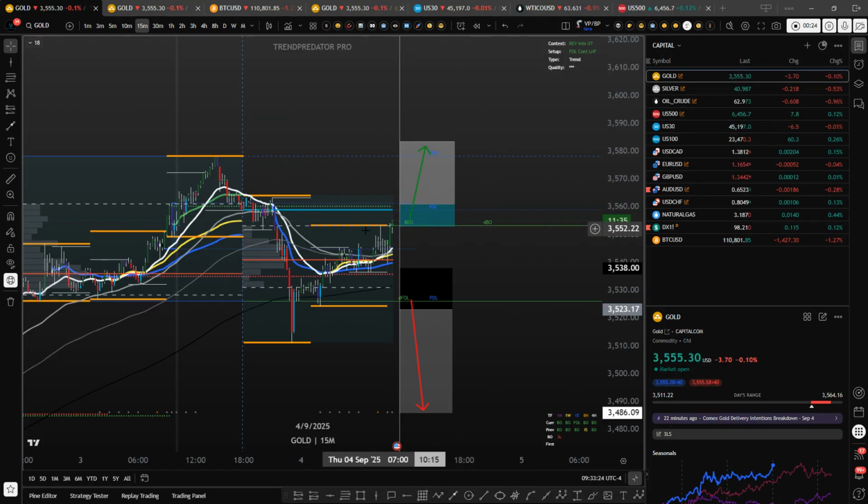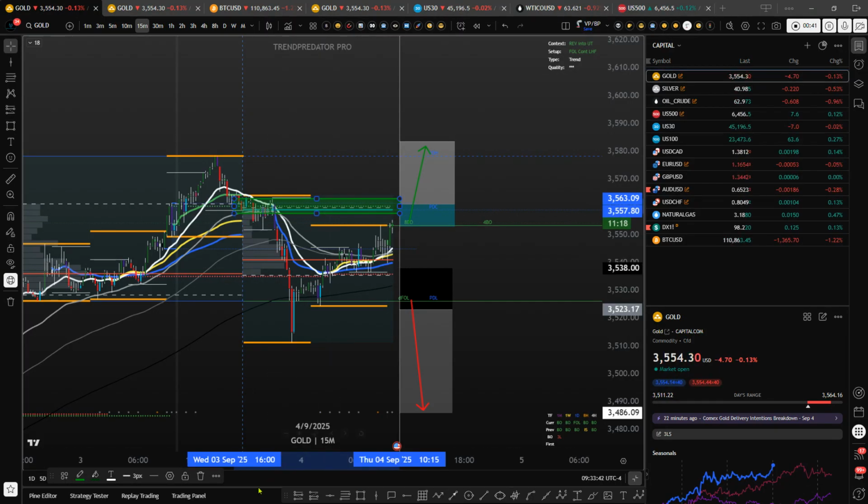And therefore, depending on how the dust settles after the ISM data, if the price remains above the London highs, we have the closing price of yesterday as a resistance that we would need to get through